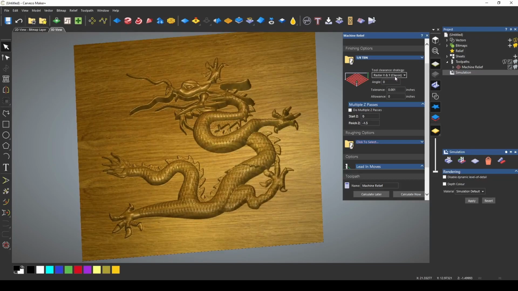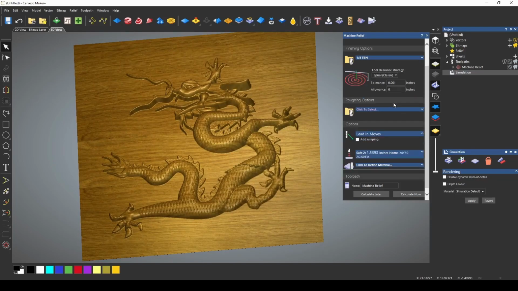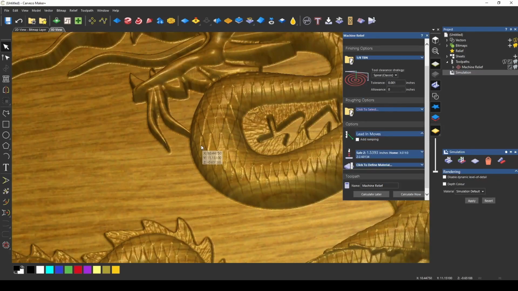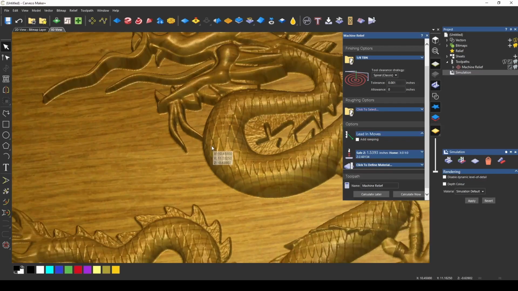Another great toolpath strategy is the spiral toolpath strategy. The advantage of the spiral toolpath strategy is because the bit is always moving in a circle, you're never with or against the grain of the wood. Because the motion is continuous, the bit doesn't pick up and have to move over. This is one of the most efficient toolpath strategies and the fastest of the 3D toolpath strategies.